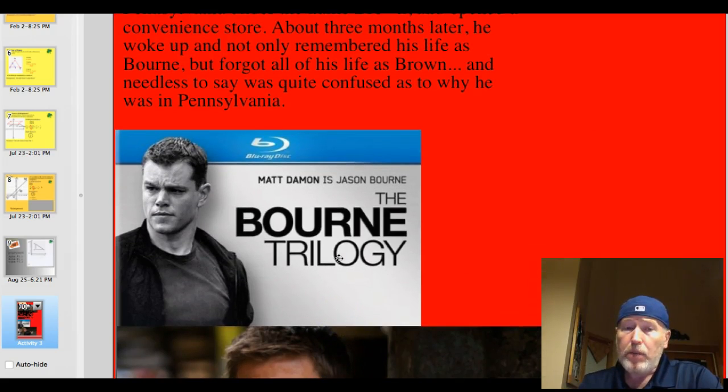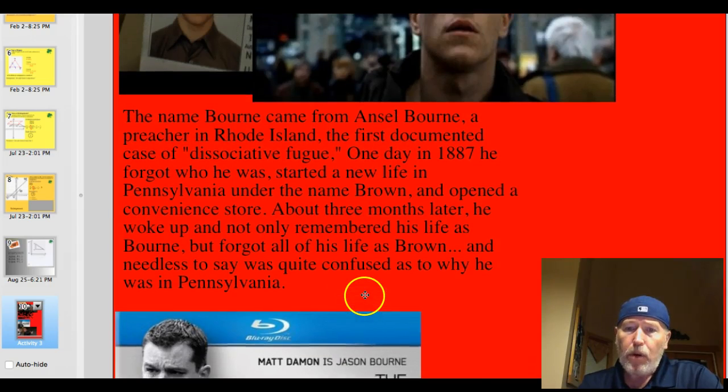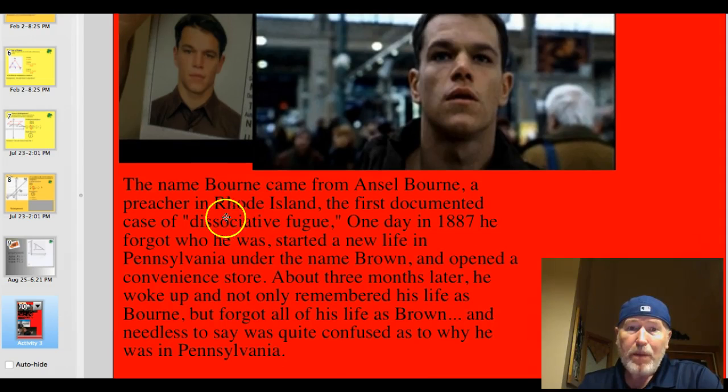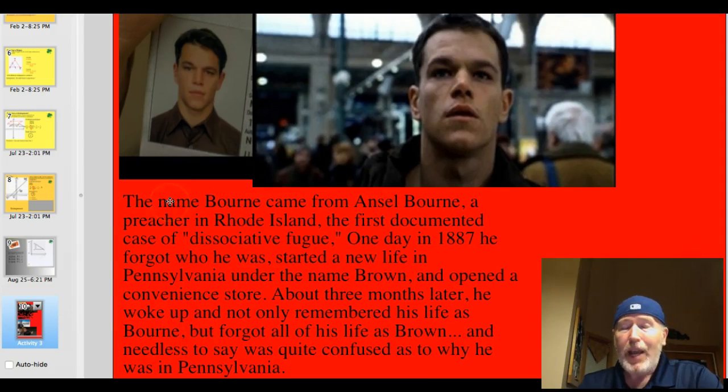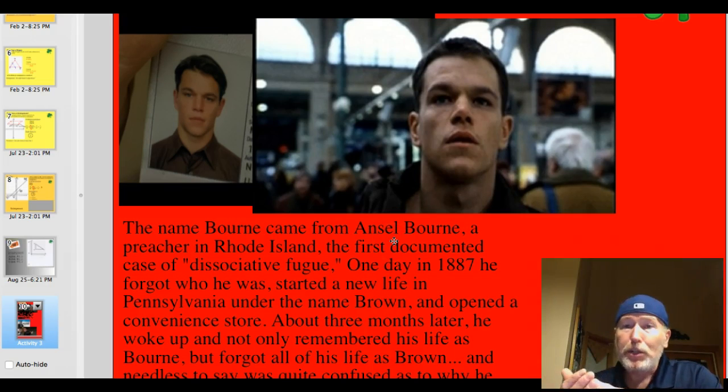The 5th one is coming out. It's probably out by the time you watch this, but it was kind of interesting. If you've read any of the books, I think it was by Robert Ludlum. Anyway, this name Jason Bourne, the guy has amnesia in the movie, and he forgets who he is, and he's this assassin type of guy. But it says here that the name Bourne came from Ansel Bourne, a preacher in Rhode Island. And it goes on to tell how this preacher one day woke up with amnesia, and he moved and